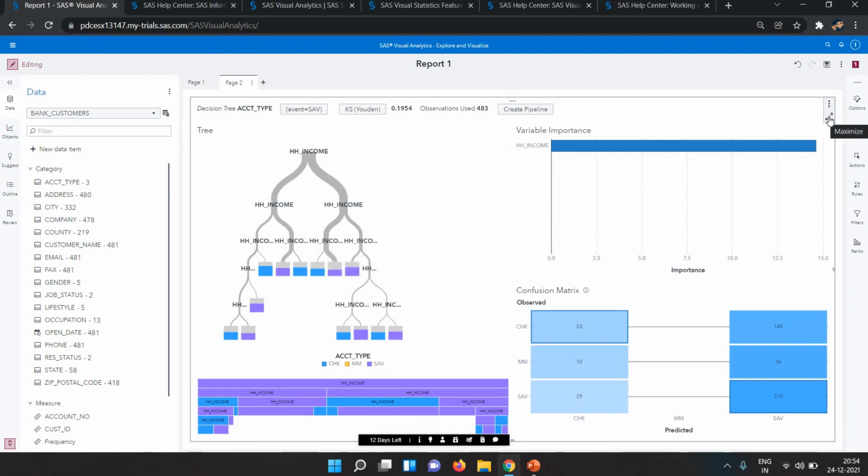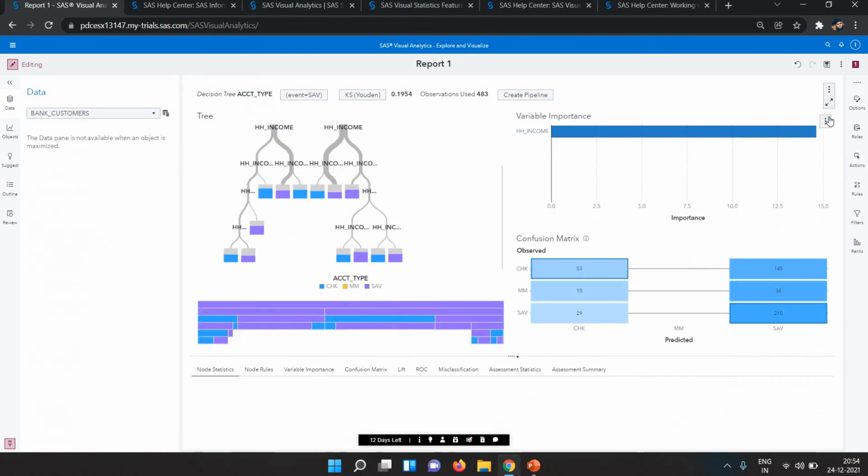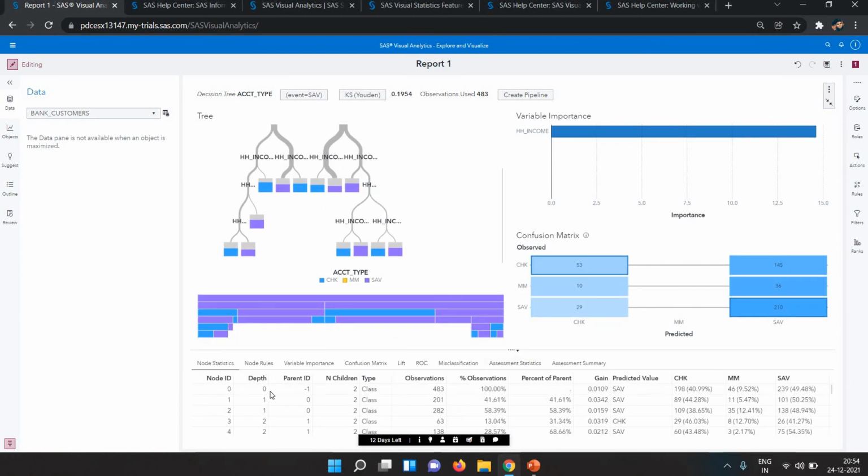Let's see the details. Here we have the node, depth, and parent ID. The saving is the purple one and the blue is the check one. They show the observations, observation percentage, and percentage of parents, and this is related to the predicted values. Here we have observed the check, which is the predicted one for the check and the saving. This is all the predictions of my data.